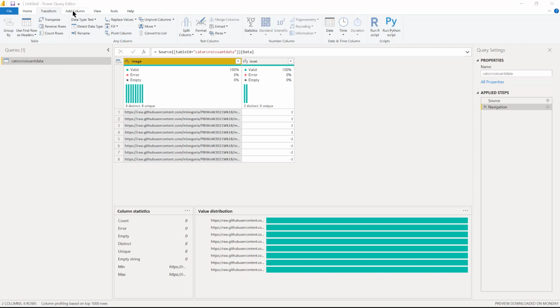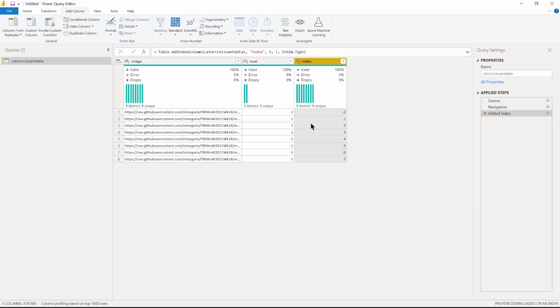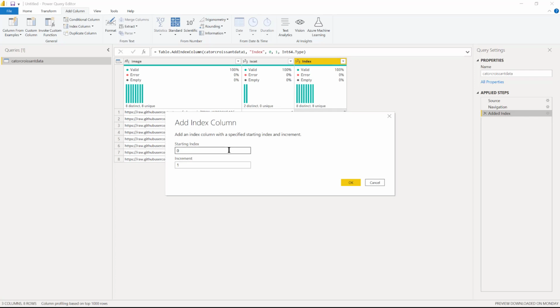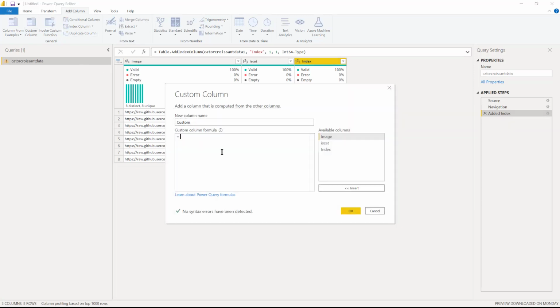So you may know that if you just do a list.random, you would actually get all the same value across the rows. So we need to do something special. And this could be done in DAX as well, but I prefer to do this in M. So I'm going to use this index column, and I'm actually going to change it to be starting at 1. I'm going to use that index column and reference it in a custom column. And I'm going to call this sort order. And so here's what I did. I'm generating a list of random numbers,